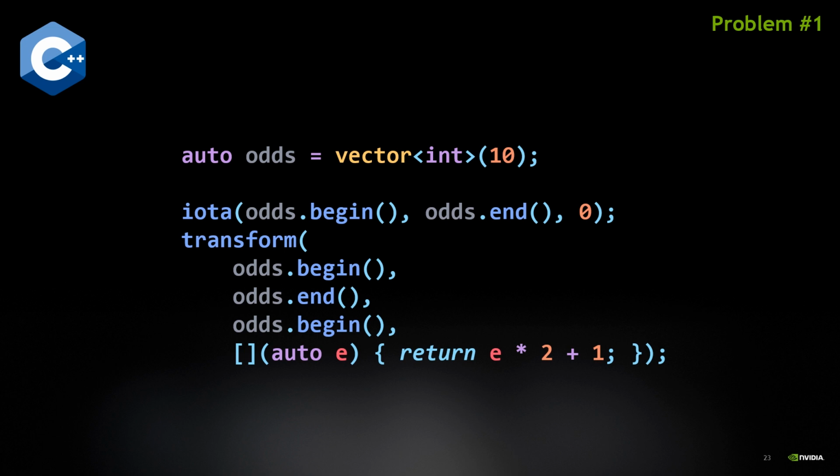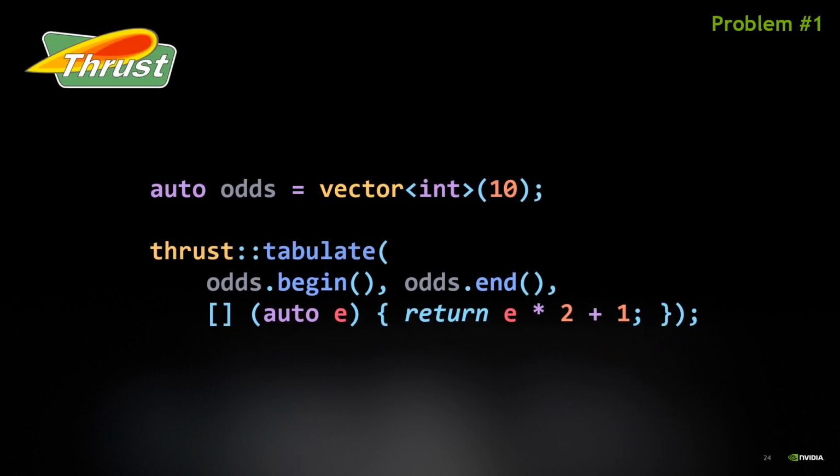You might be thinking in your head it'd be better to do a generate_n. I realize that there's many ways to solve this problem, but this is trying to highlight how you can transition from using iota and transform together to just using a thrust tabulate. And the thrust tabulate version of it looks like this. So it's only a single call to one algorithm,